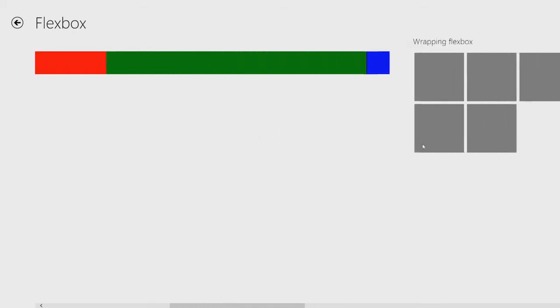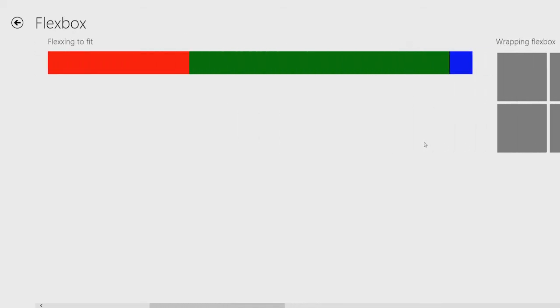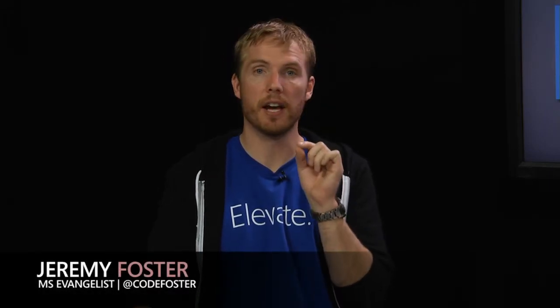I mentioned that the packing is the control of the alignment of the child items in your Flexbox along the axis of layout, horizontally in this case. The alignment of the Flexbox items is their alignment perpendicular to the direction of layout. So if this Flexbox had some height, we could control the vertical alignment of these children by using the -ms-flex-align property. But let's look real quick at a third and very powerful feature of the Flexbox,